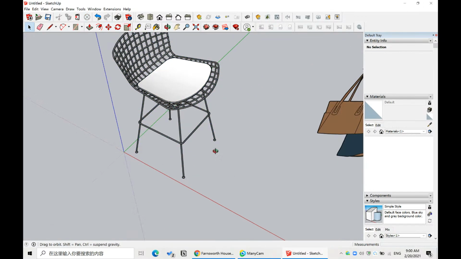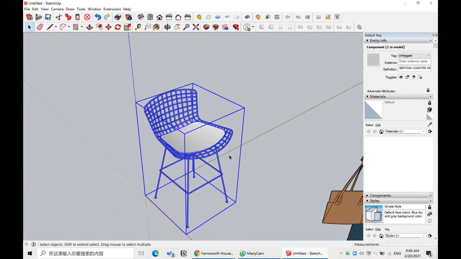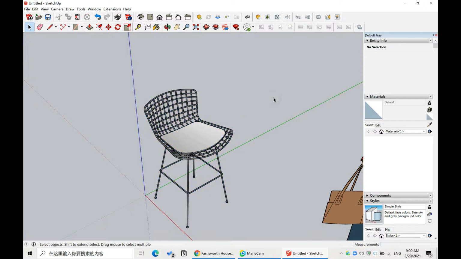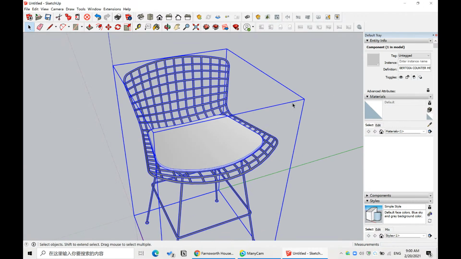And then if I were just to bring this model directly into Coohom and render it, that would be fine as well, but you might be wondering, how does Coohom read the materials in SketchUp? There are only three things that Coohom reads in SketchUp materials. First is the reflection,